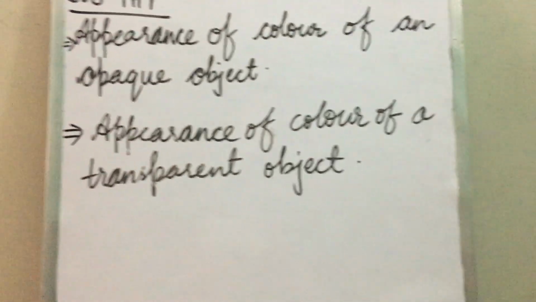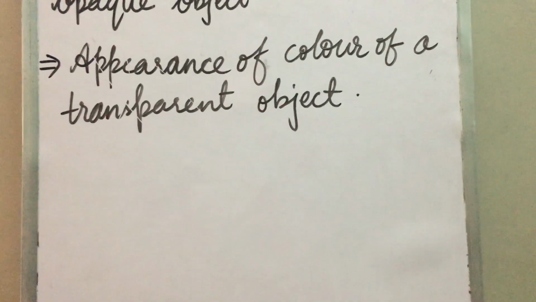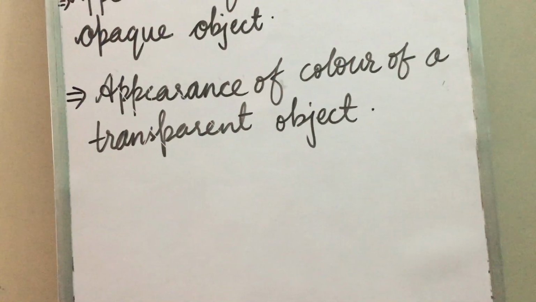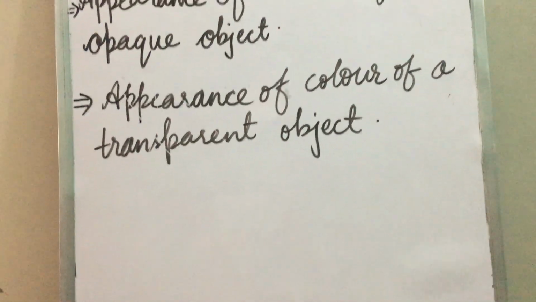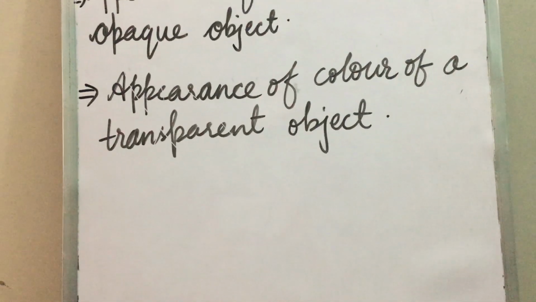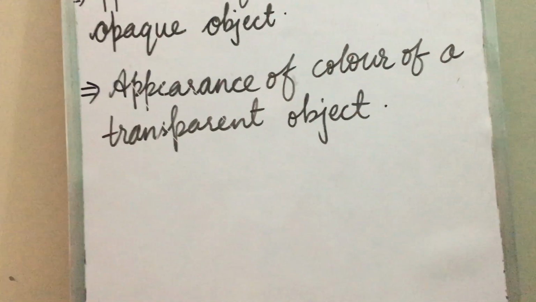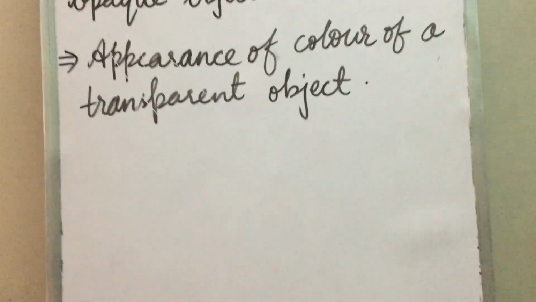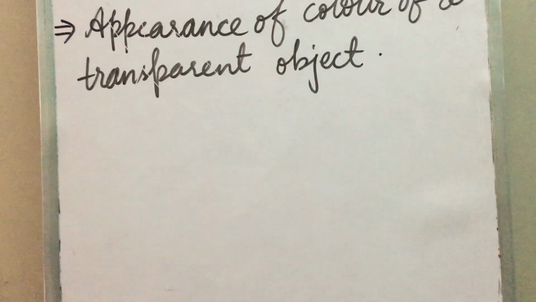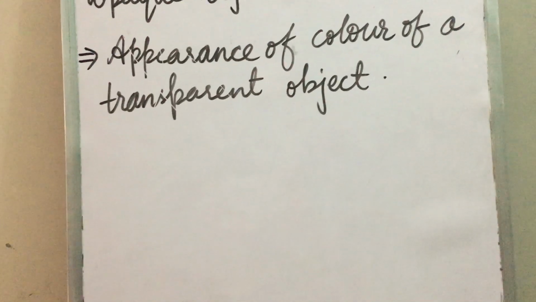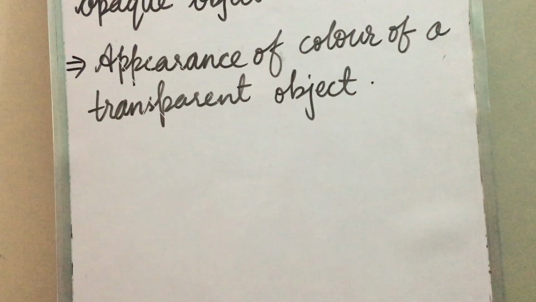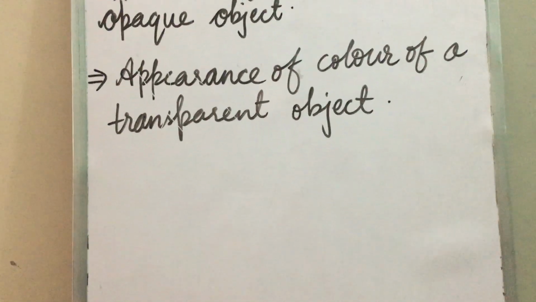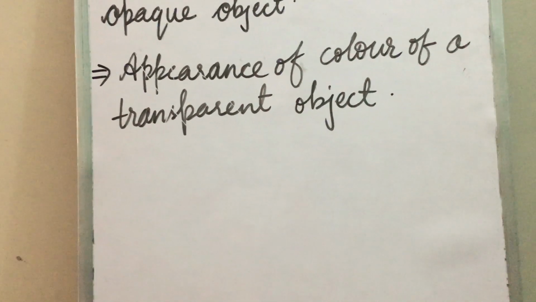Now see, children, question number 2. Answer these questions. See first part. Please kindly write the answers in the book. Question number 2. A part. Why does milk appear white? Because it reflects all the colors. It does not absorb any of the colors. So the right answer: because milk reflects light of all the colors and does not absorb light of any color.